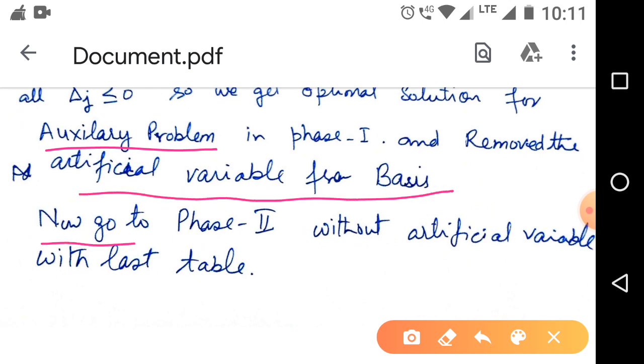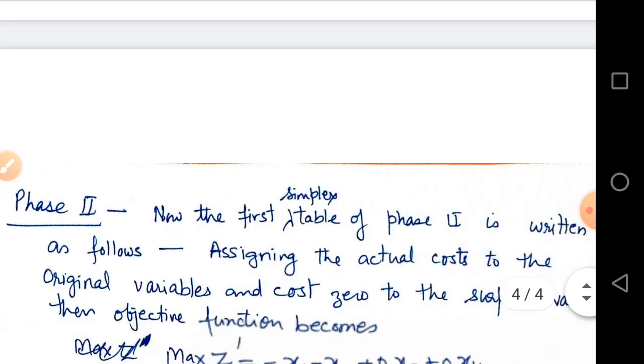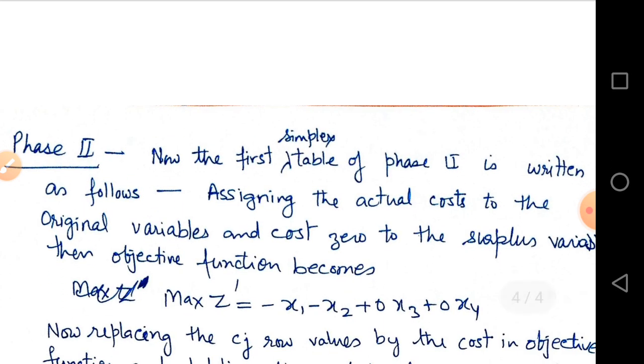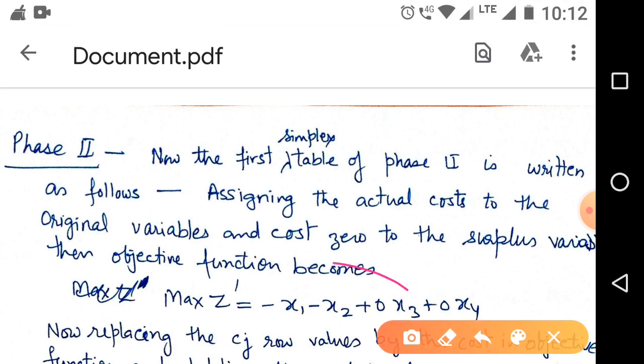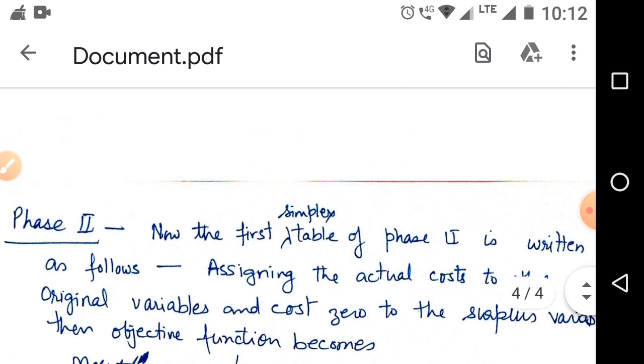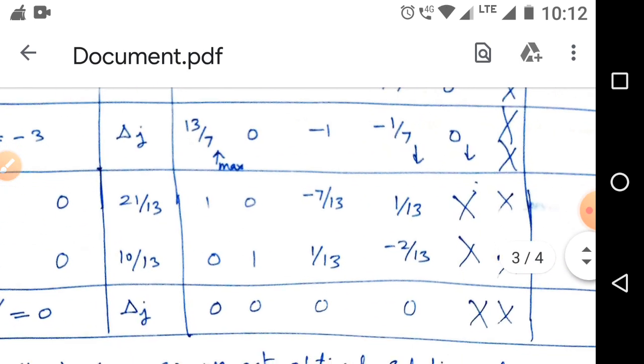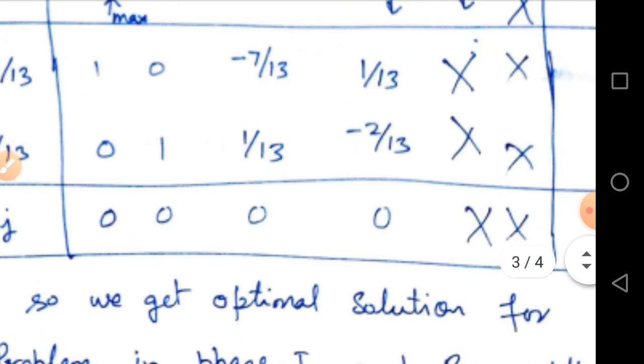So we go to phase 2 without artificial variables. Now come to phase 2. In phase 2 we use the last simplex table of phase 1 without artificial variables.